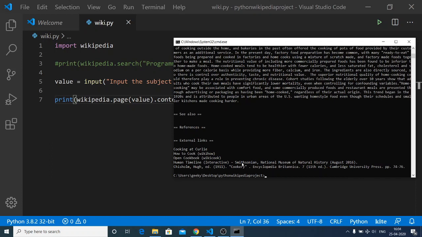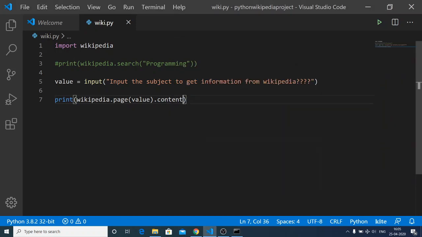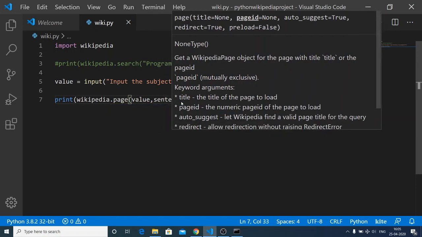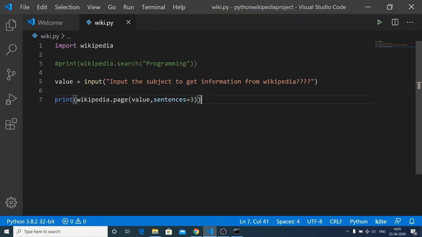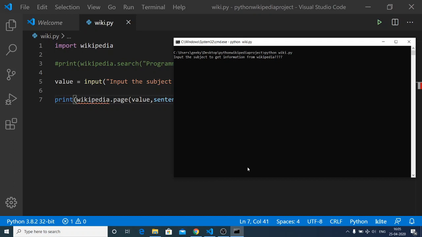So just wait, you can see that references, external links, all this is grabbed and displayed on the command line. You can even pass a second property, which is the sentences property, and initialize it to 3. So basically it will only grab 3 sentences, not more than that. Now if I run this and pass cooking, now it will grab